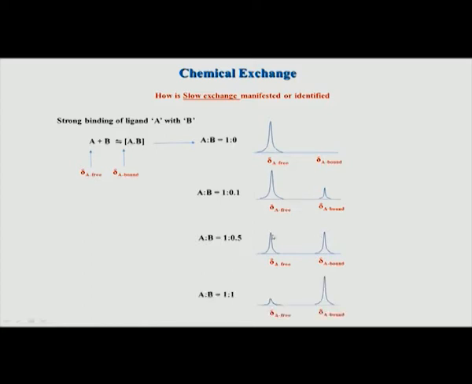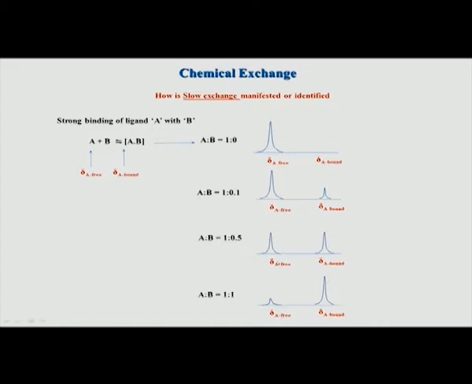Okay. Now, suppose I increase this, I add a large amount of B and now B and A are 1:1. In that scenario all the complex should now go to the A-B complex. So, the peak of A will be very small, it may be 0, it may not be 0, because remember there is an equilibrium. It is possible that this goes back to the free form and therefore there is some peak of free A also, because it is not 100% going here, it is always a dynamic equilibrium. So, in that scenario you will get a small peak or you may even get a very little peak.